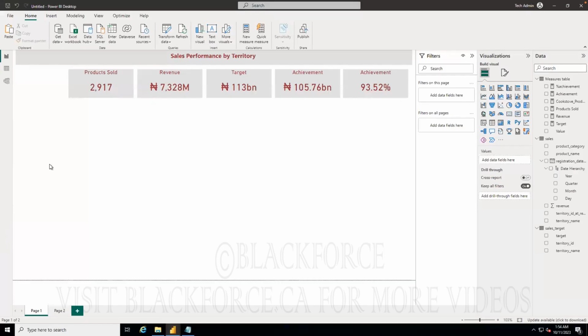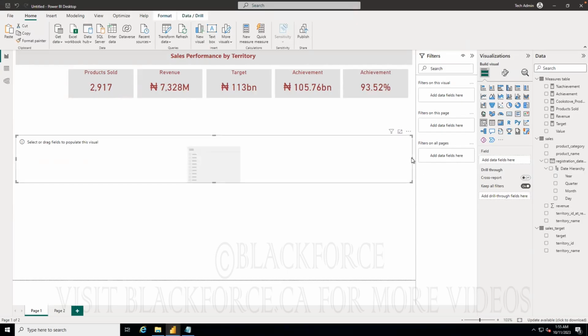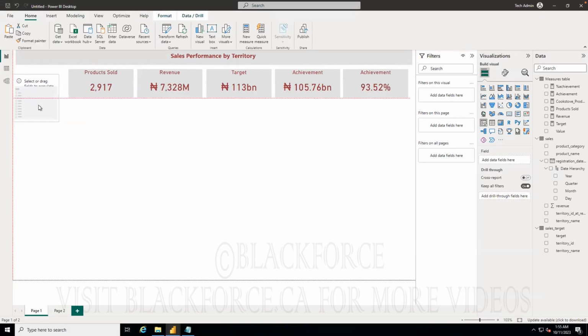All right, so now I have this, right? The next thing I want to create are my filters. Remember I talked about filters or slicers, right? To do that, I'll use this visual here called the slicer. So if I click on this, I don't know why it jumps and becomes very big. So if I click on this and I take it all the way here,